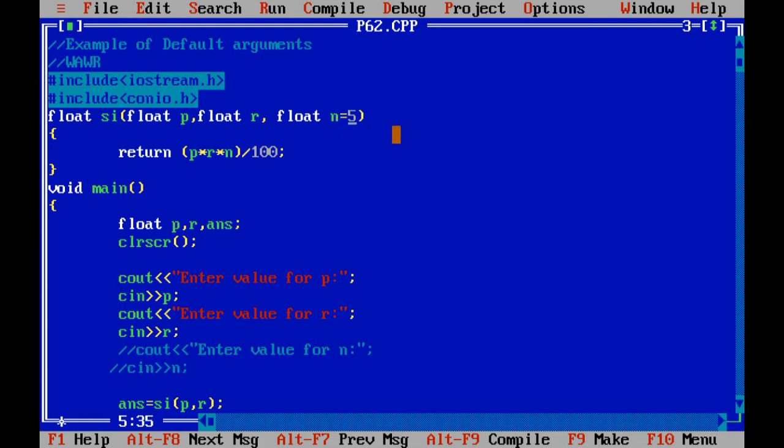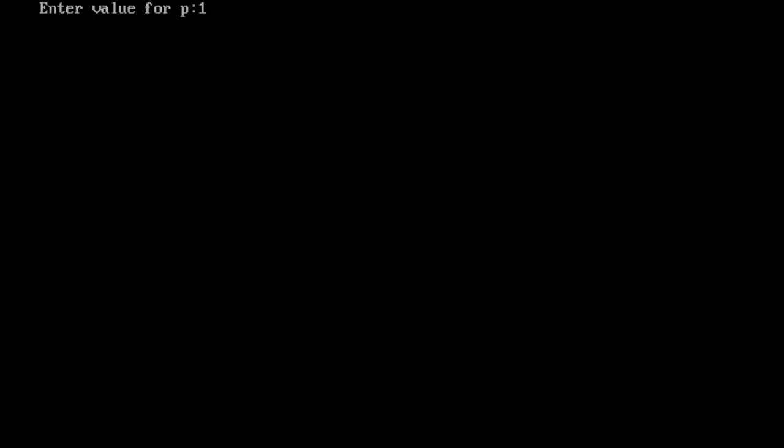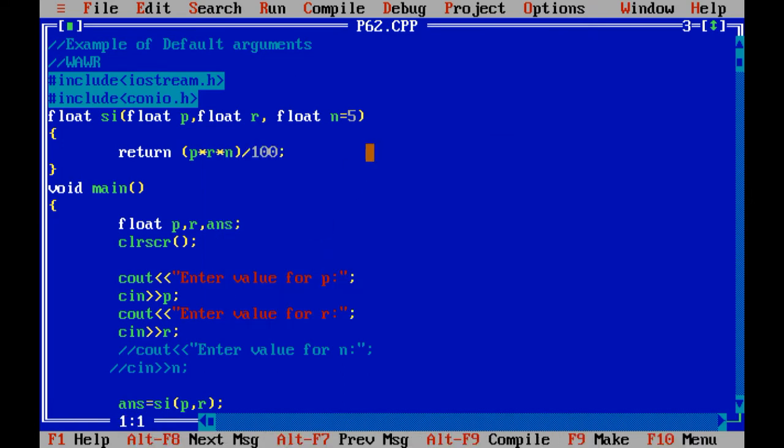So now what it does, when I call my function using 2 values, it allows me, because I have passed the default value of variable n. Let me run the given code. I have passed 1000 and 10, it will return me 500. Why? What is the reason?